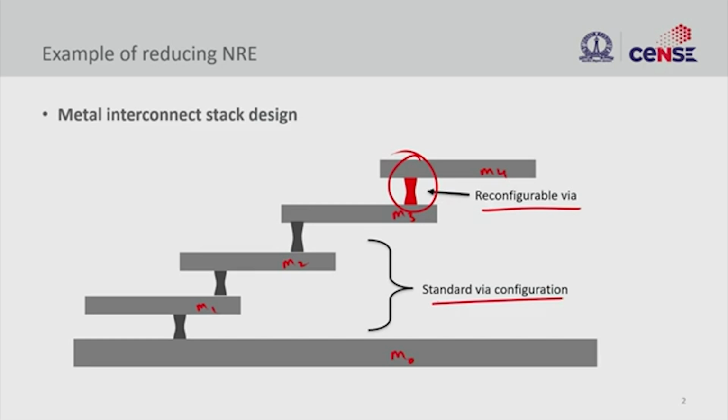Okay, this may or may not be possible in all the cases, but we try to explore if it is possible to maintain the standard architecture. So in this case, we have only one reconfigurable via. Maybe we can do 2 reconfigurable vias in difficult cases, right? So it can be 2 intermediate layers, or you can strategically take different layers in order to